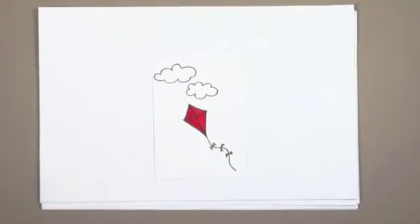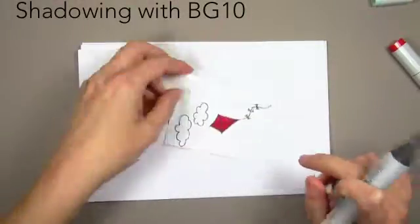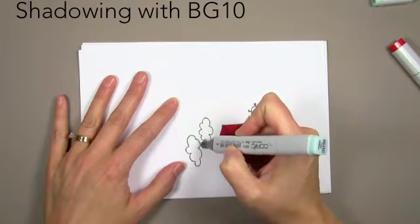I'm going to zoom the camera again one more time so you can see that up close. As you can see, like I said, it's very subtle, but you can do it. And you'll see there, that's why we need scratch paper underneath. And now I'm taking the